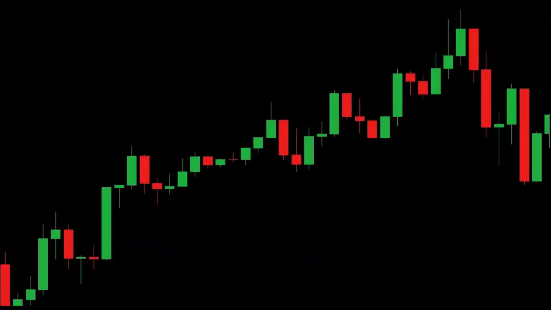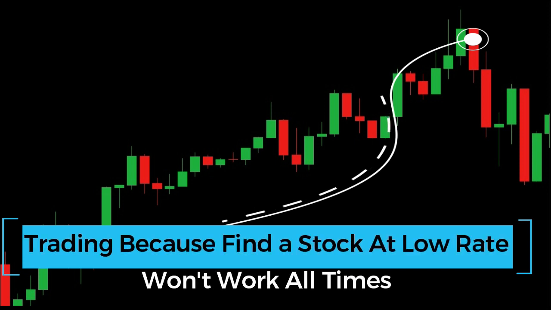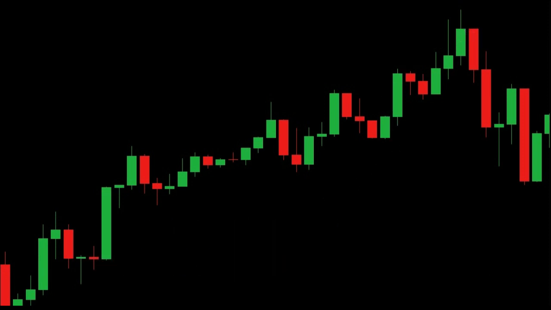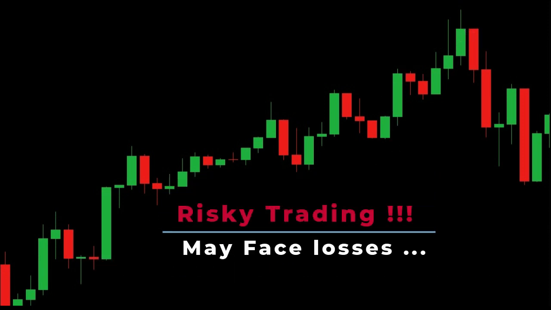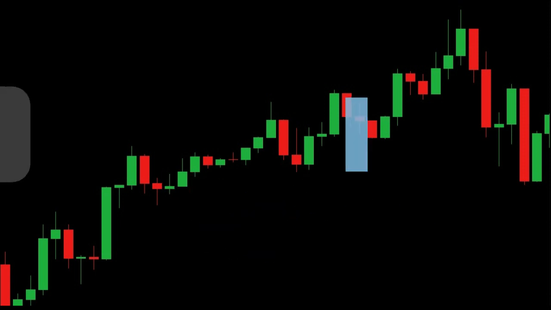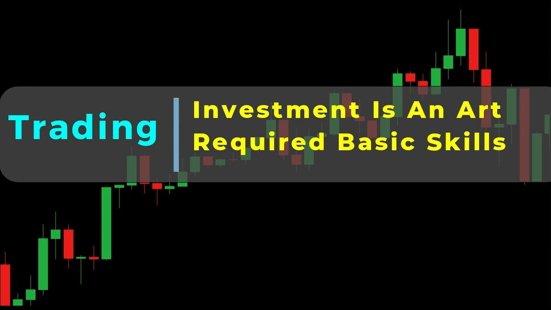Friends, newbie traders jump into trading just because they find a stock price at a very low rate. It may happen that you make some money and take trading as gambling. This kind of trading is very risky and you may have to face serious losses. Day trading and investment in the stock market is an art, and before hopping into trading, it is better to have